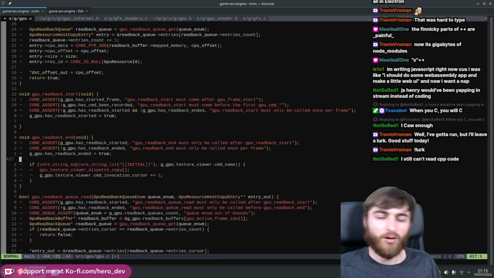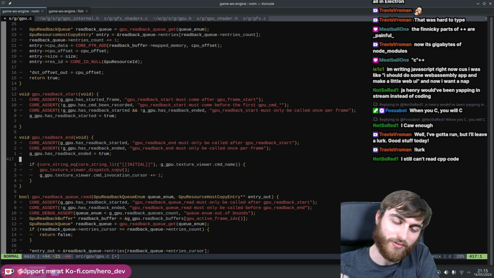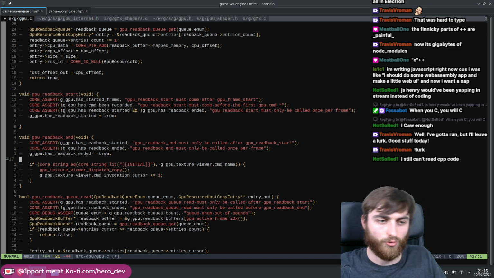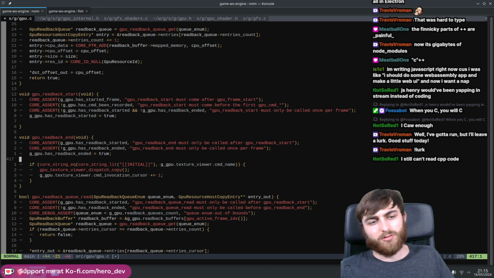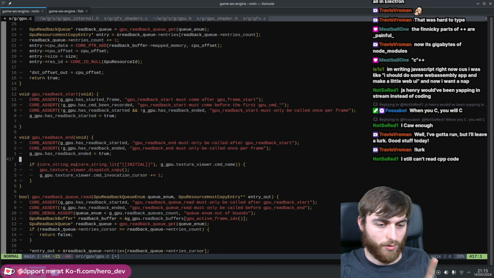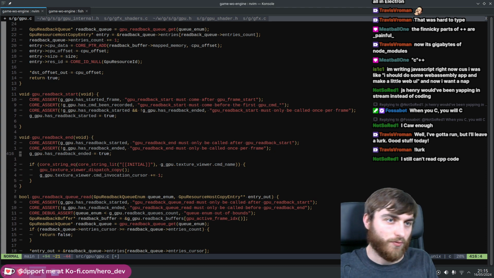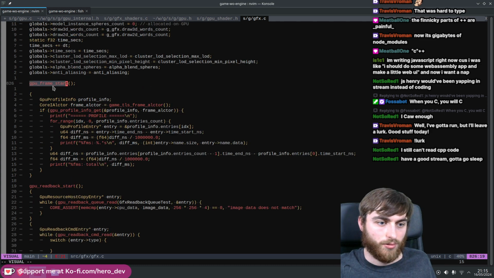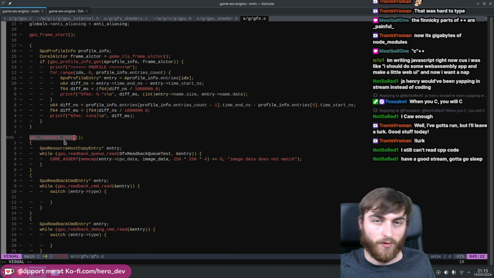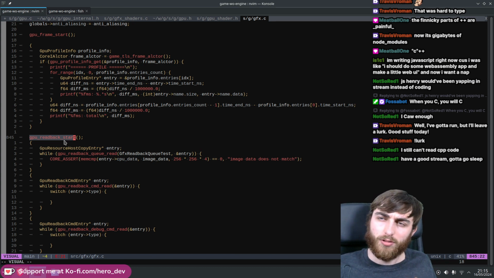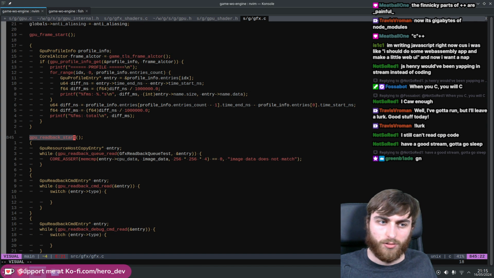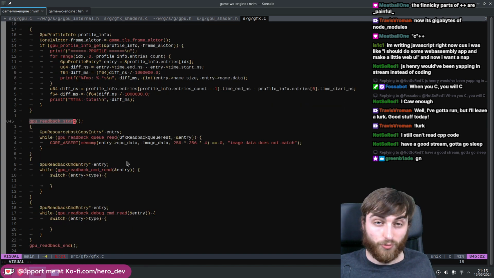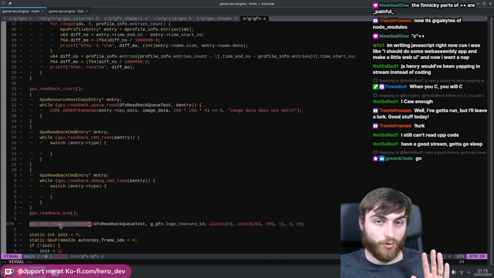Yeah. So I think my read back and my upload buffer stuff is kind of a bit incorrect. Maybe it's not. No, actually, I think the read back's fine. The upload is a bit incorrect. We can have some issues. But effectively in the frame, when we do a frame start, we can then start doing read back. Then we can do all of our readbacks within this window, and then we can end it. And then we can start recording our commands properly. So within this region here,